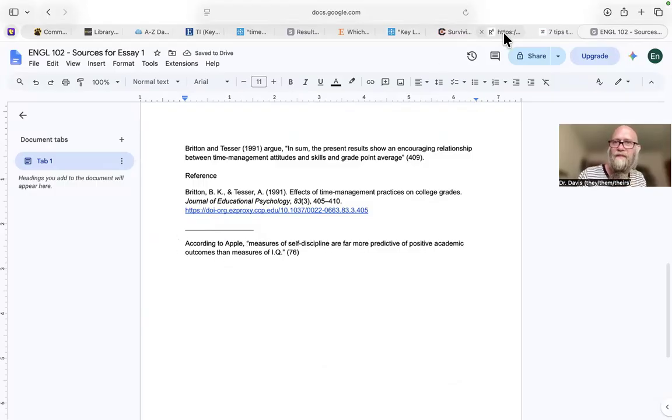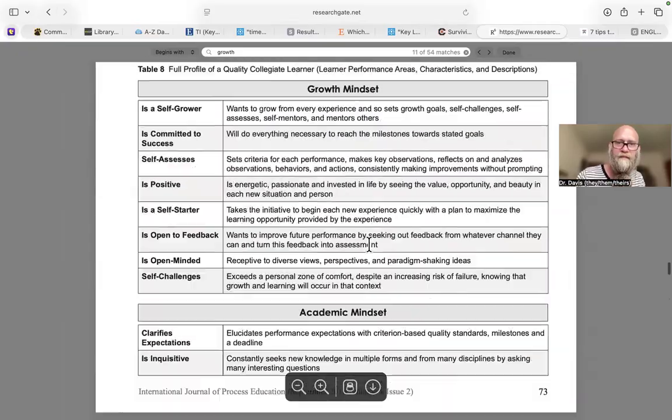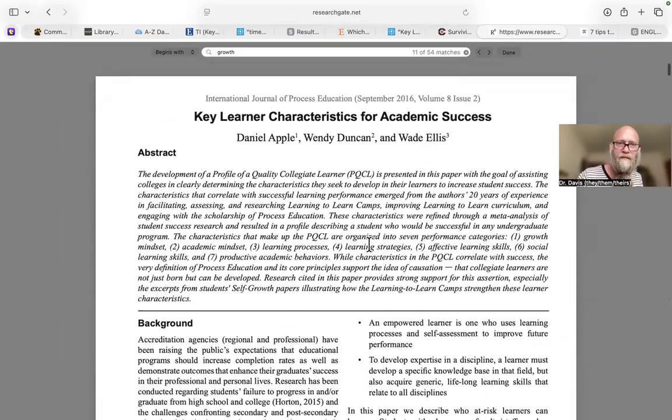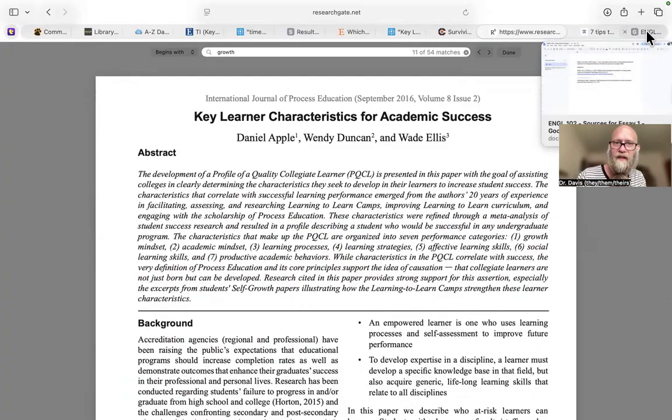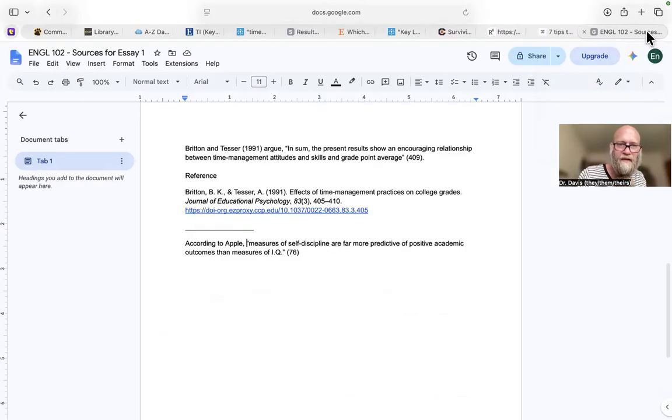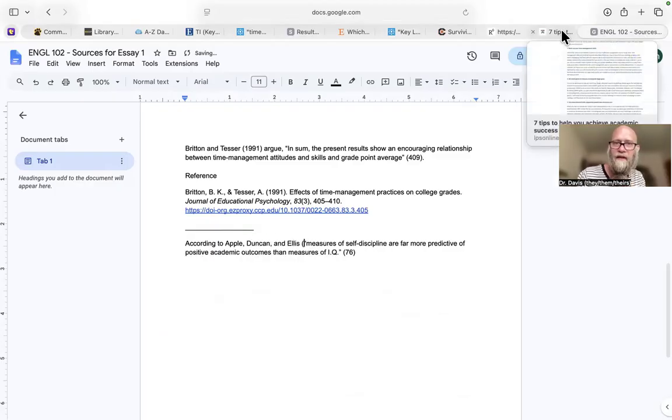Let's double check. Duncan and Ellis. Duncan was with an A. And we want the year. I remember it was 2016.